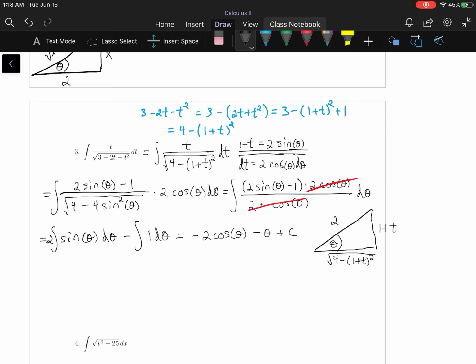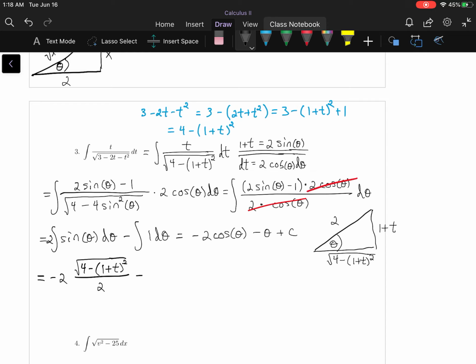So now we need cosine. So cosine is adjacent, which is the square root of 4 minus 1 plus t quantity squared over hypotenuse, which is 2,